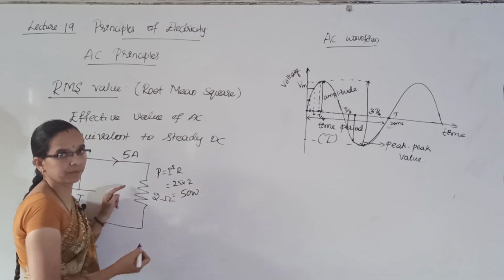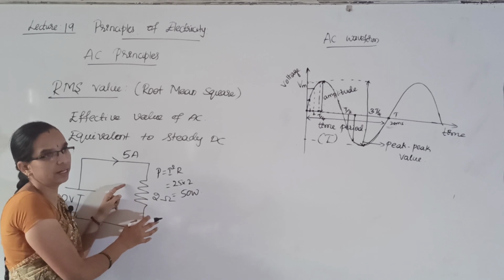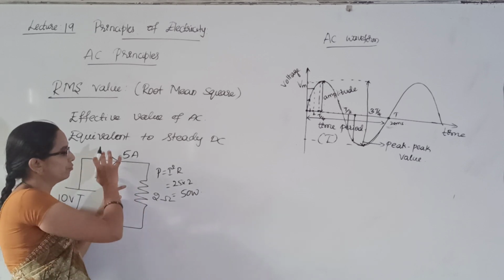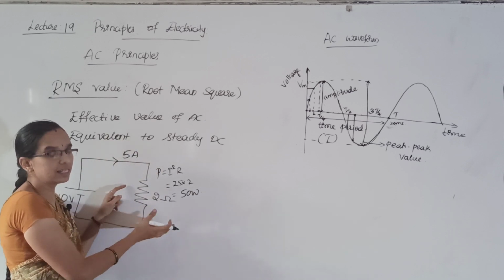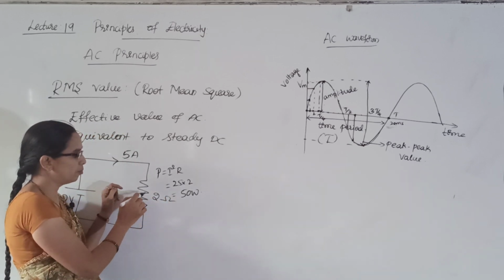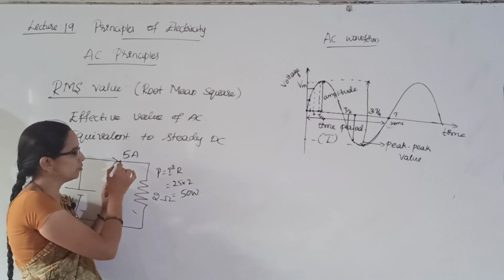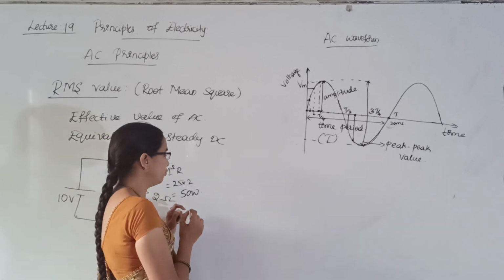is dissipated. Power dissipation in the sense how much heat is generated by the 5 amperes of current, that is nothing but power dissipated in the resistor. If you connect a bulb in place of a resistor, that will be glowing because of this 5 amperes of current. If I replace